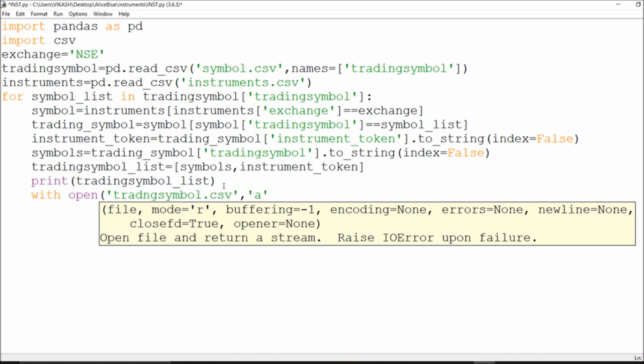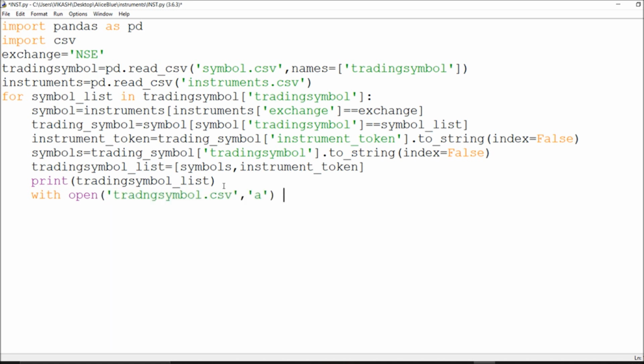And we append them, not read, as a CSV file. We will say wr equals csv.writer, and whatever I got, I write it here itself.